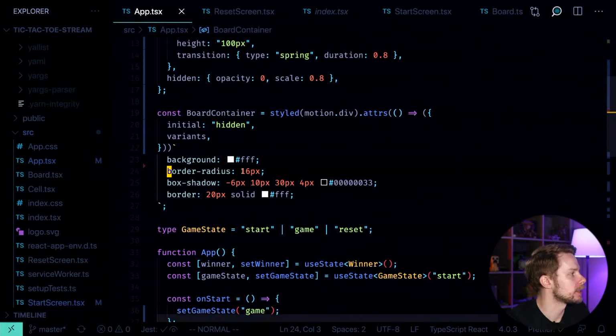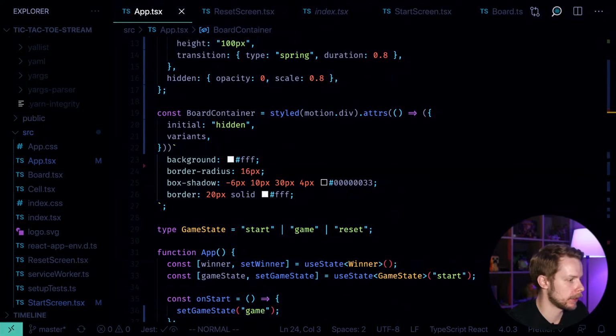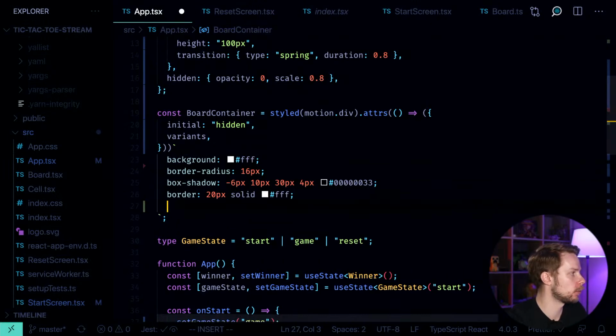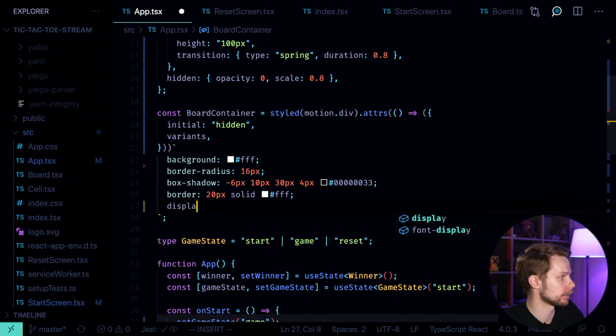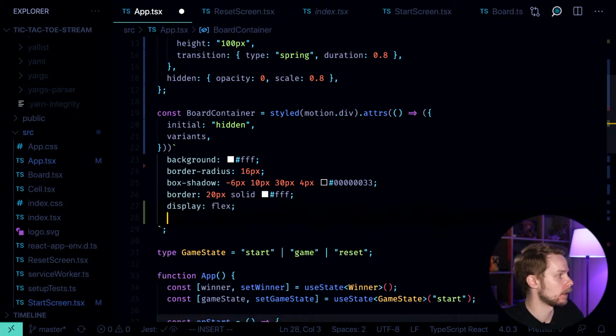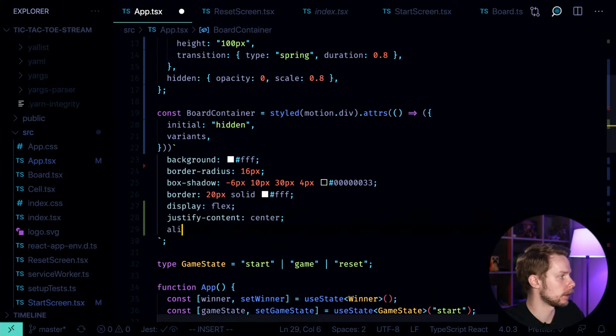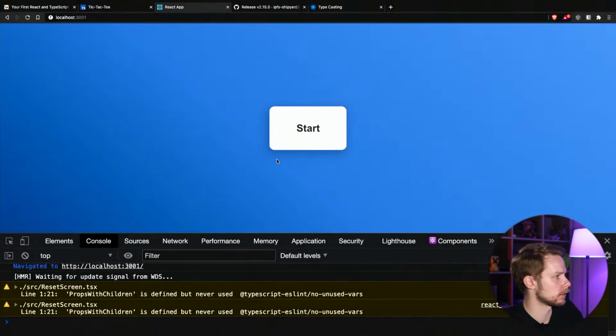So how do we center the button now? We do it by using a bit more style rules. Display flex, justify content center, align items center, and I think this is it. Okay,